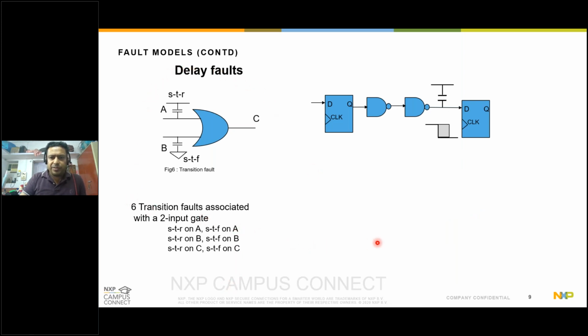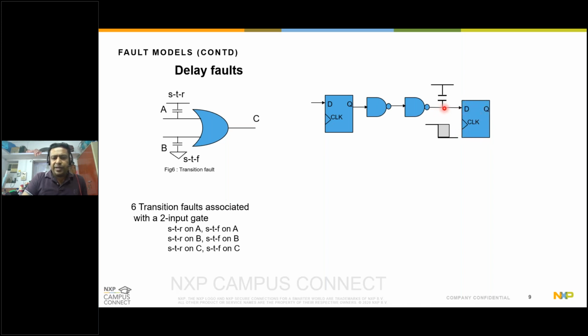So here is shown a delay fault or transition fault model. This model is used to identify any fault that is introduced because of a slow rise to fall or fall to rise kind of defect. As you can see in this circuit, there are 2 flops and a couple of gates in between those flops. Now let's say a launch activity on this first flop causes a transition on these gates, and this transition will then be captured by this final flip-flop.